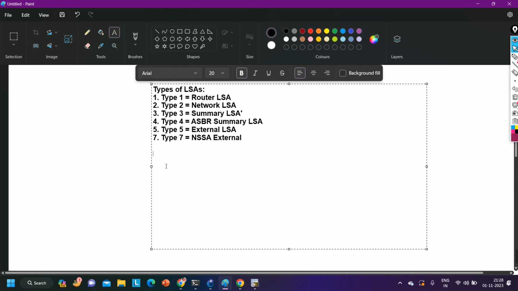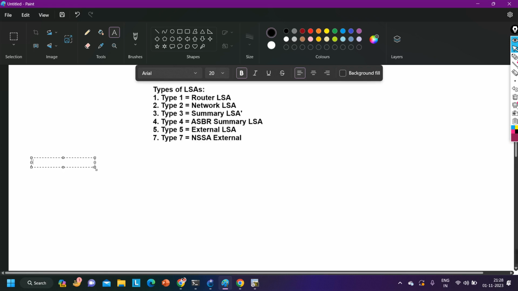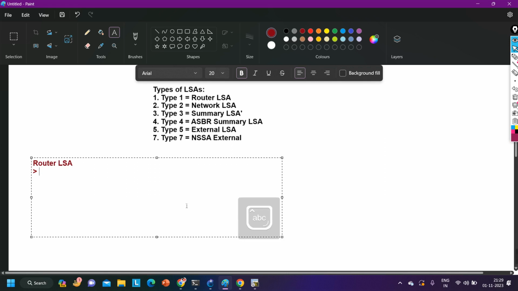Okay, now let me start LSA from type 1 LSA, that is router LSA. First one is router LSA. So yes guys, what is router LSA? Anything about router LSA? Router LSA, type 1 LSA, it is router LSA. Every router in OSPF domain,